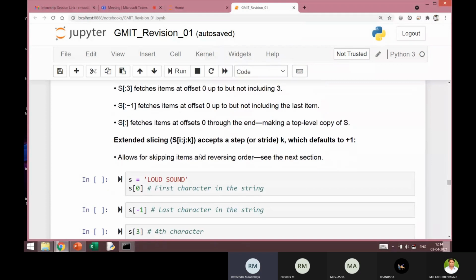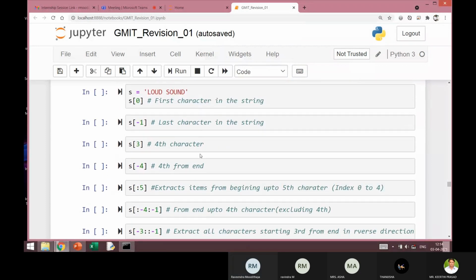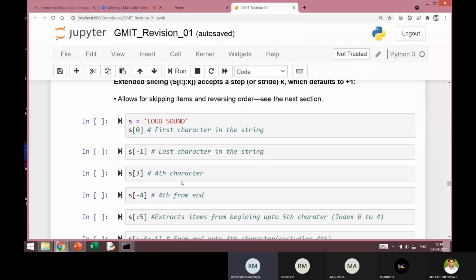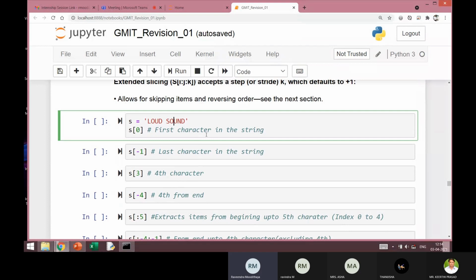I'll just go to the example straight away. I have almost all the use cases here. Now suppose I initialize one string by name s with, say, loud sound. It has 10 characters.